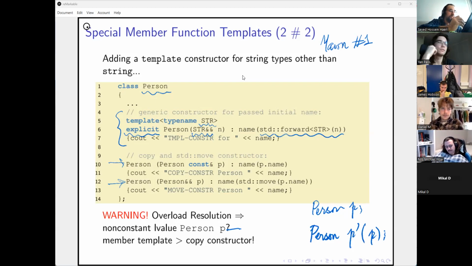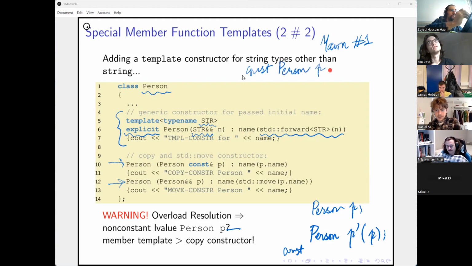Now, instead, let's say that I had a const person P1, and then I wanted to have a person P2 from P1.